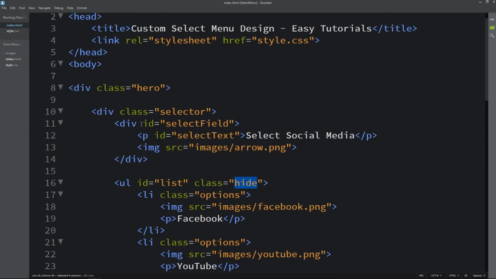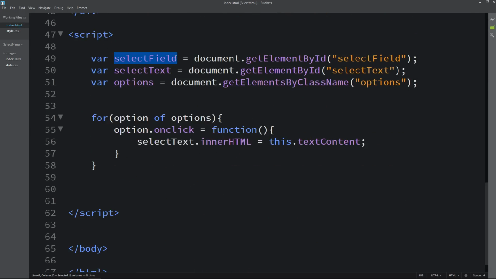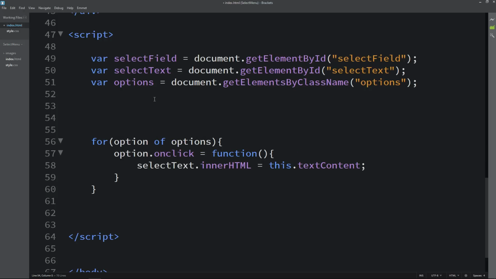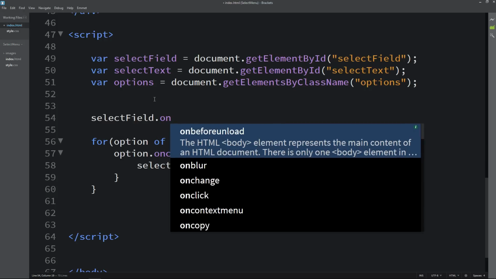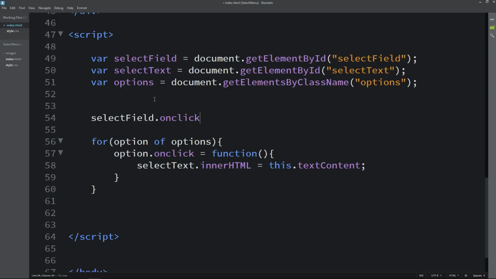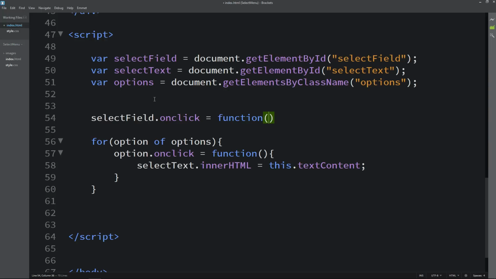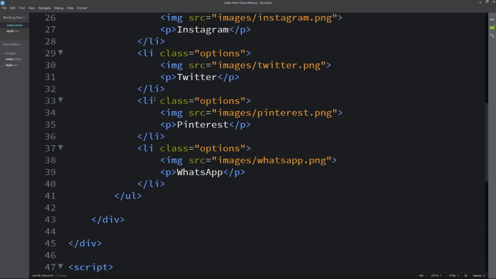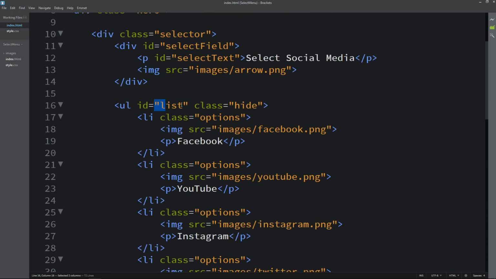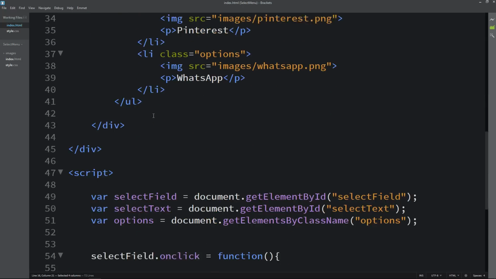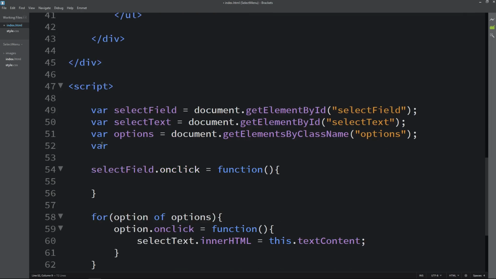So just come back to the HTML file and let's copy this select field here. We will write onclick equal to function. Now just copy this ID list, and here let's add one variable list equal to document.getElementById and add this ID list.